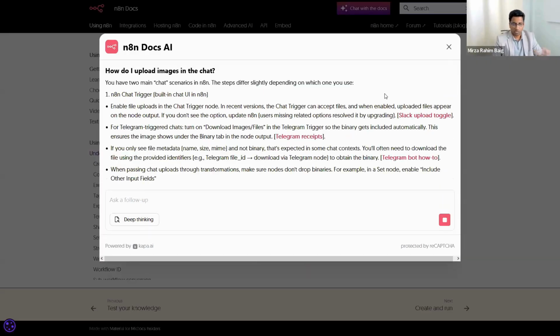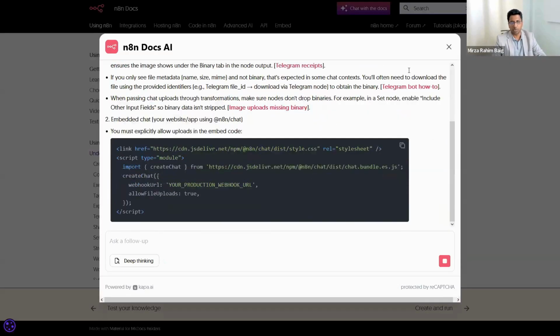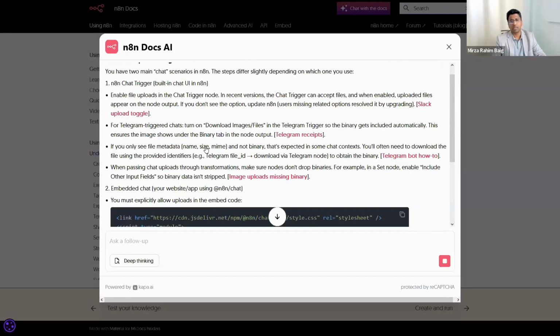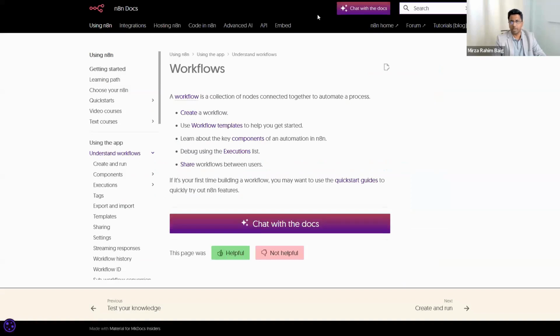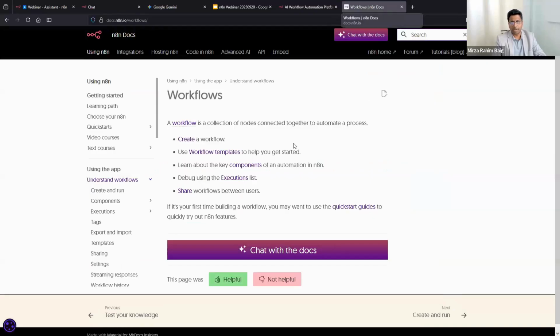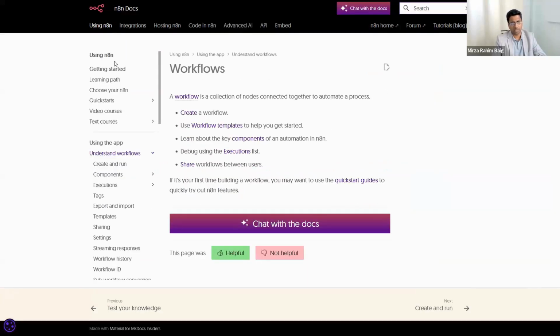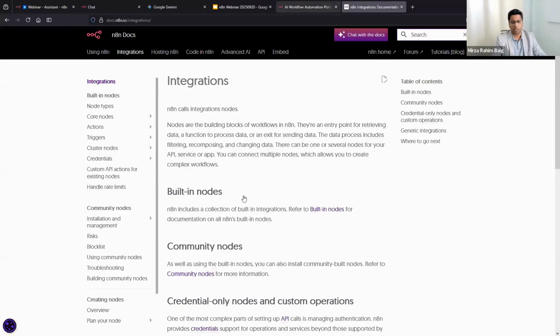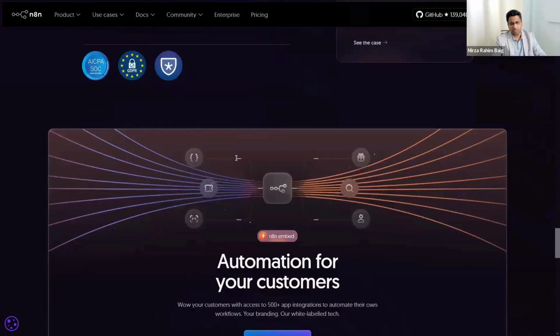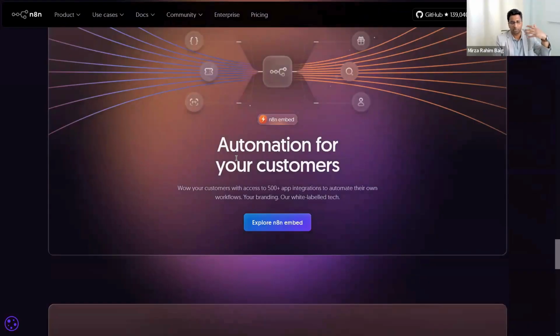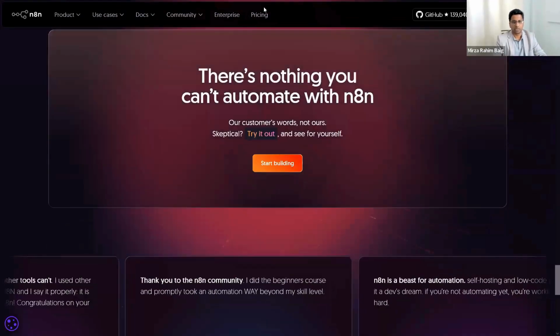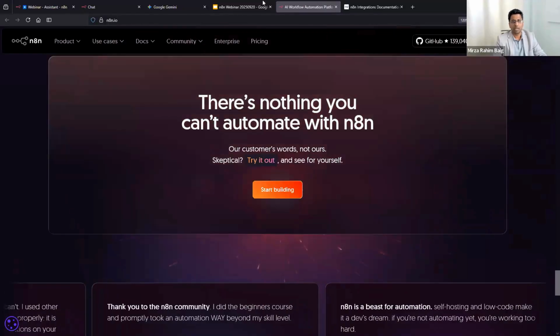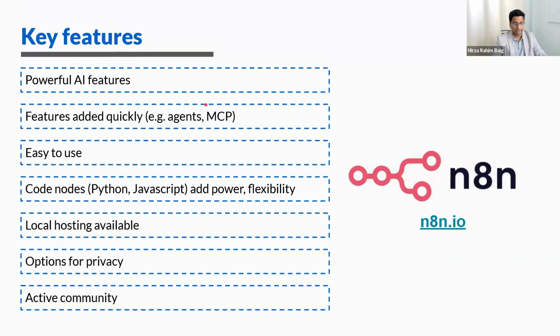Don't worry, you have a lot of resources, community and everything. n8n is really neat, and it's a very good tool to get started. That's about n8n briefly. We will see this in action. There are integrations, and different kinds of things can be combined with n8n. You can also see tutorials and forums. There's a lot of stuff, so don't worry about it. I think the best way to learn is by doing, so we will do things. Let's go back here. So this is about n8n. What are the